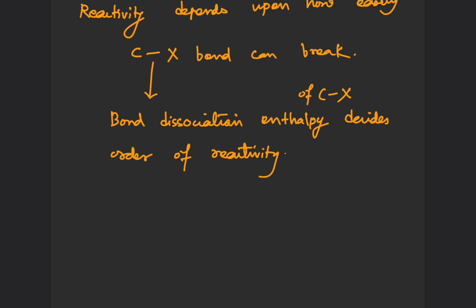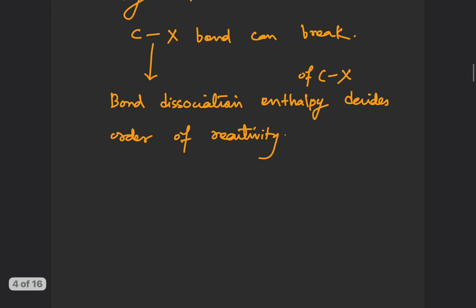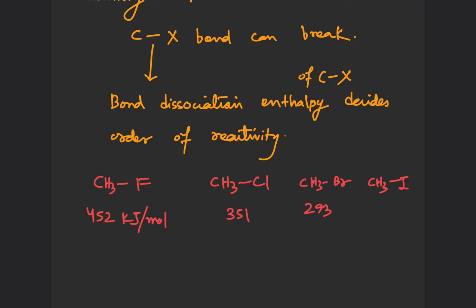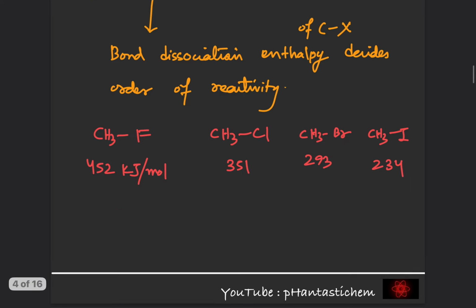So to support my case, I have some data. For example, the bond dissociation enthalpy of the CF bond in CH3F is 452 kilojoules per mole. In CH3Cl, it is 351. In CH3Br, it is 293, and in CH3I, it is 234. So the CI bond has the minimum bond dissociation enthalpy. Can you see, as the size of the halogen increases, fluorine smallest, iodine largest, the bond dissociation enthalpy